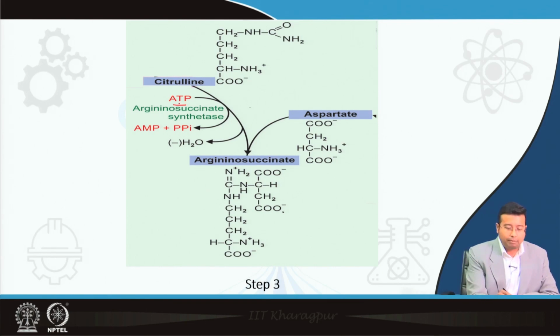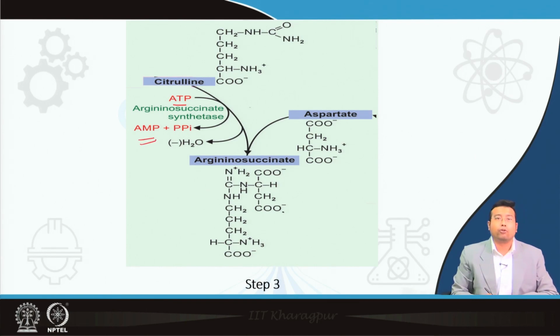Over here ATP is converted to adenosine monophosphate, AMP. All right. This will come in handy when we are dealing with the energetics of urea cycle. So, for now we are seeing that 2 high energy phosphate bonds are actually required for this case. Citrulline combines with aspartate to form